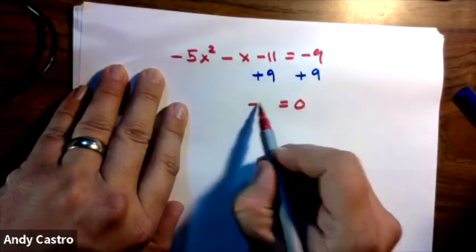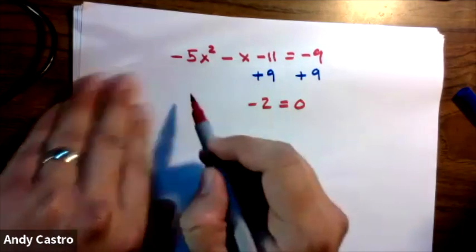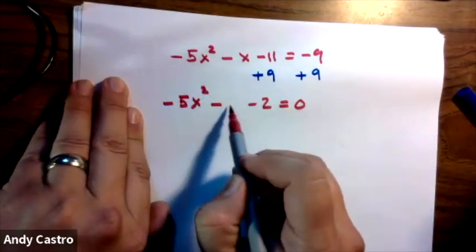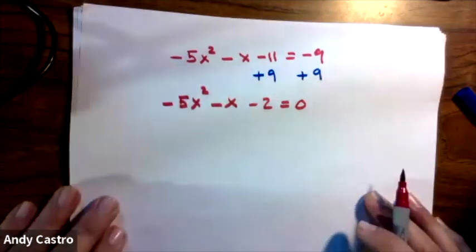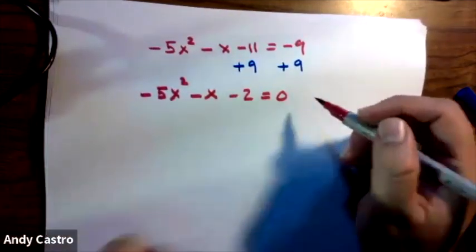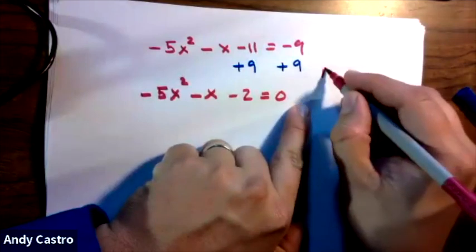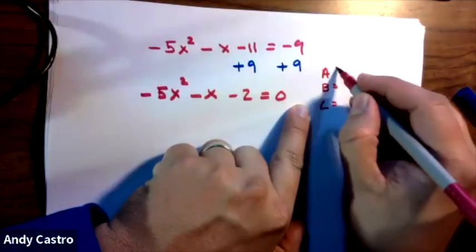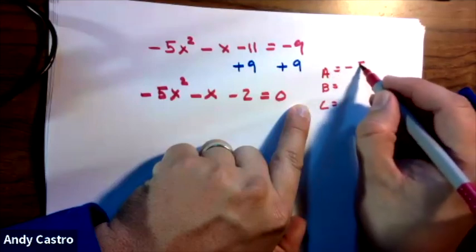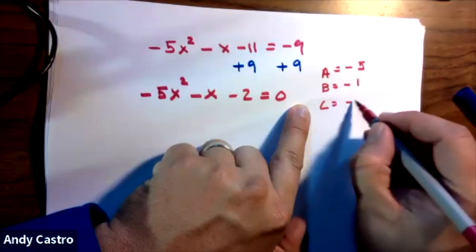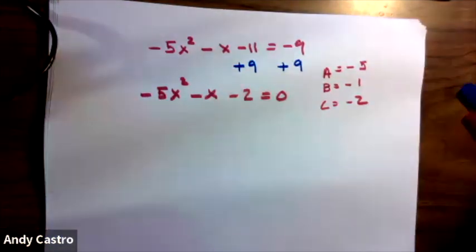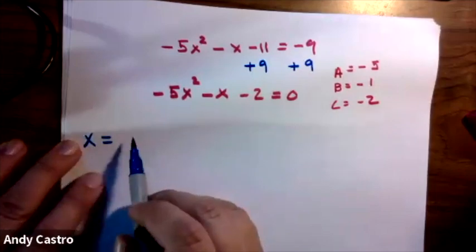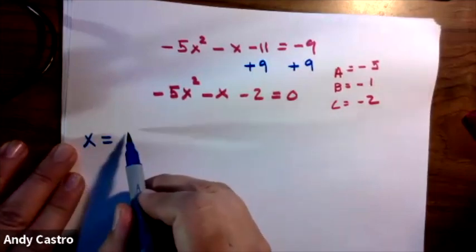Nine plus negative 11 is negative 2. Negative 5x squared minus x minus 2. All right. So our A, B, and C are negative 5, negative 1, and negative 2. All negatives. All right. So if we want to solve for x using the quadratic formula, we're going to do